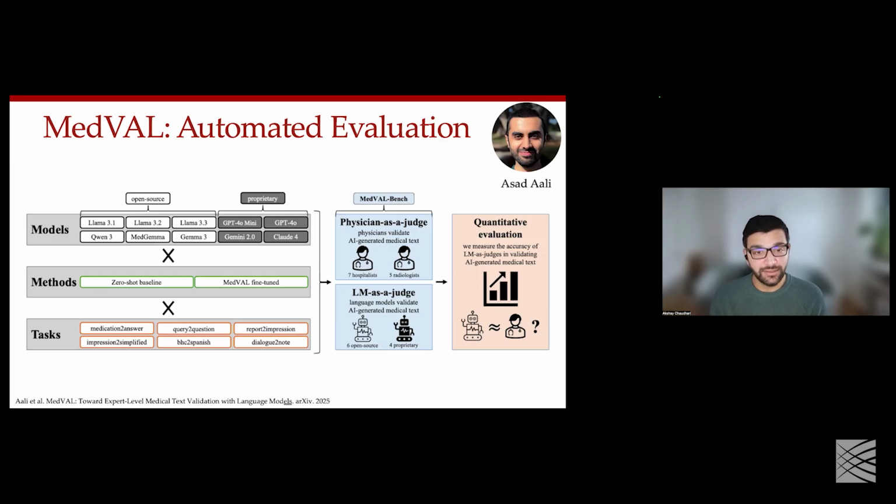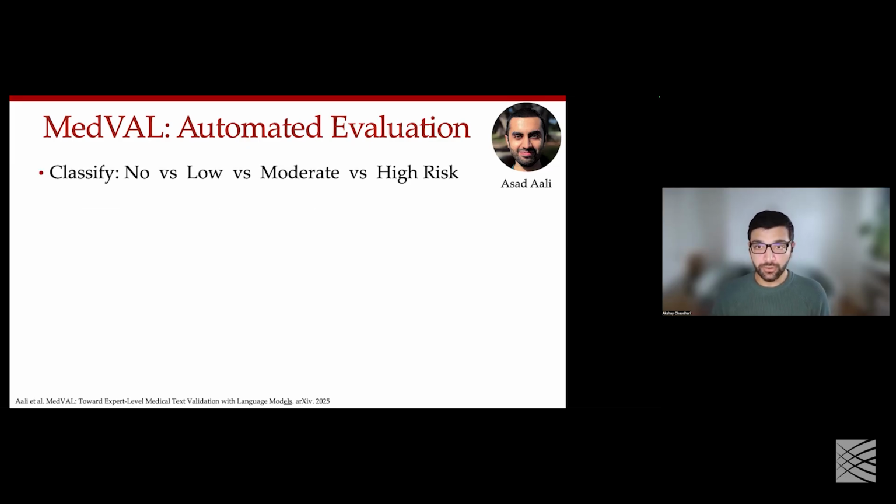And we simply wanted to see how close a language model can actually get to physician level ratings of evaluation. Because if we can get close, then these language models are essentially infinitely scalable across all responses, assuming that they have good enough quality. So the task here was, for every language model generated response, we wanted to perform a classification: whether the output has no risk, low, moderate, or high risk, because we're really using this in the context of whether or not this language model output should be used in any downstream care. So if there's no or low risk, then we can probably use the output pretty reliably. But if it's moderate or high risk, maybe we want a human to review it. Maybe we don't want to send out the answer. That was really the framing for this study.